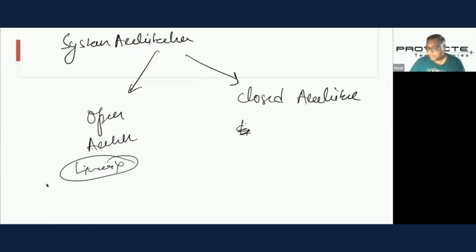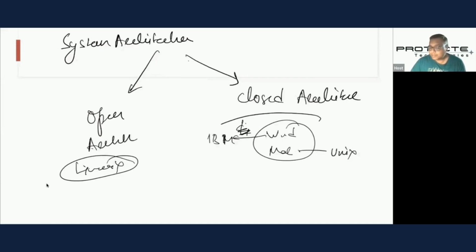But if you look at Windows or Mac, though Windows is based on the IBM XT format and Mac, kernel-wise, is ultimately based on Unix, they are closed architectures. You do not come to know how they implement. Whereas with Linux, the entire source code is available to you. That's why you have architectures which are open sourced and closed sourced.